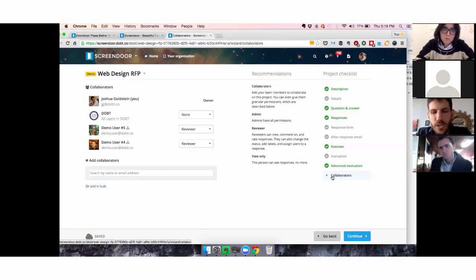We have folks who are using it with as small a number as 2 or 3 collaborators. And we have folks who are using it for hundreds of collaborators. I think it works quite well even on the lower end, because it allows you to do workflow management. We call it a multi-user collaborative workflow, which I'll show you in a second. And so anytime more than one person needs to make a decision, and those decisions need to be tracked and traced,